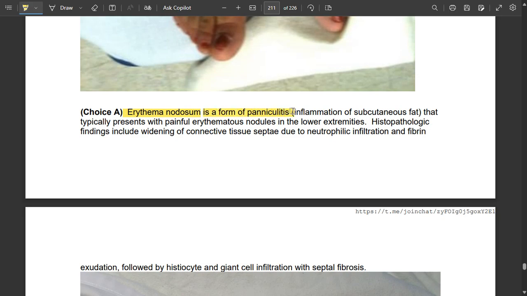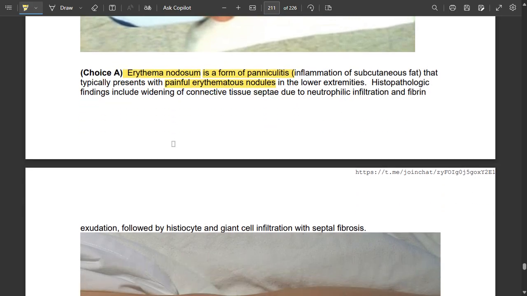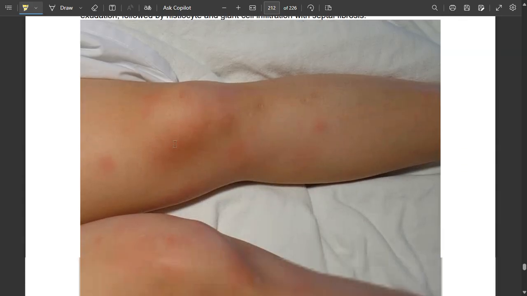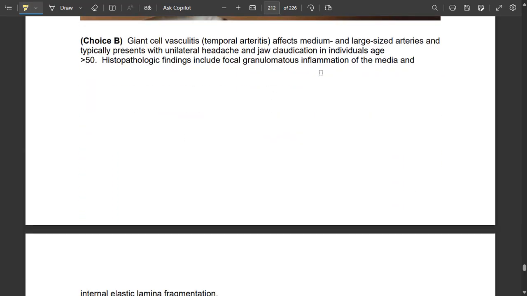It's a form of panniculitis, inflammation of subcutaneous fat, which presents with painful erythematous nodules in the lower extremities. Histopathology findings include widening of connective tissue septa. So there is widening of connective tissue septa due to neutrophil infiltration and fibrin exudation, followed by histiocyte and giant cell infiltration with septal fibrosis. Giant cell arteritis affects medium and large arteries, and typical presentation is unilateral headache and claudication